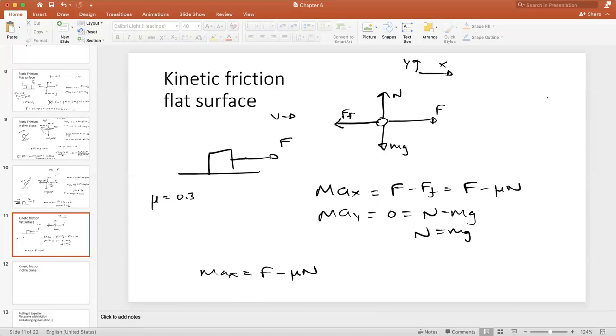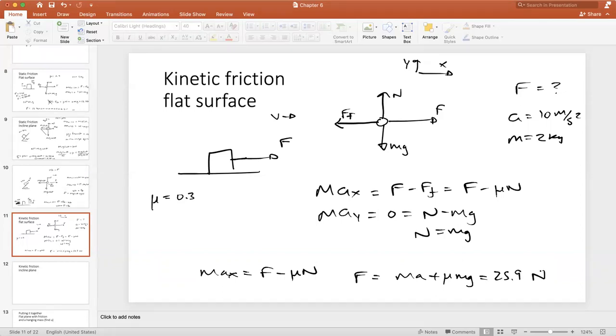And I want to find the friction or the force if A is 10 meters per second squared and my mass were 2 kilograms. All right. So I'm trying to find F, and F is ma plus mu n, which is mg. If I plug in numbers for that, given the quantities I gave you above, I get 20 plus 0.3 times 2 times 9.81, which is 25.89 or 25.9